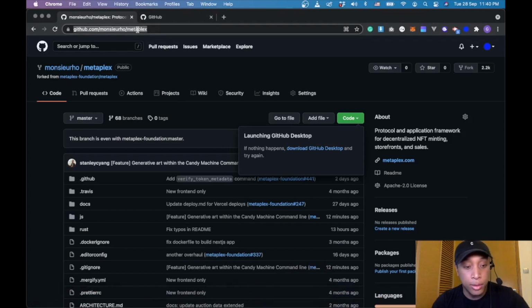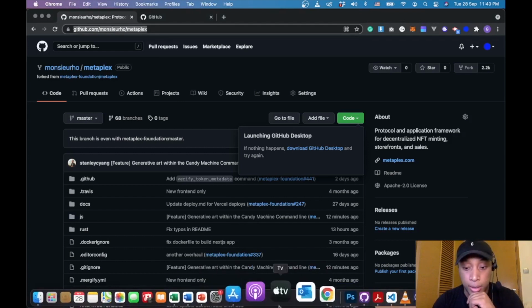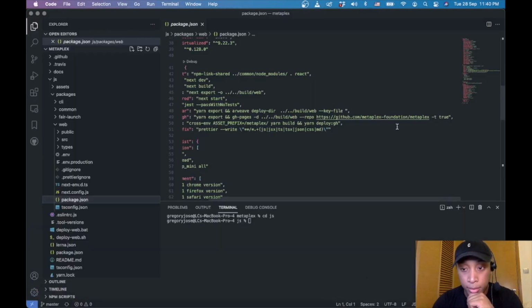So this is the repo right here, so I can paste it so it's replaced. And then